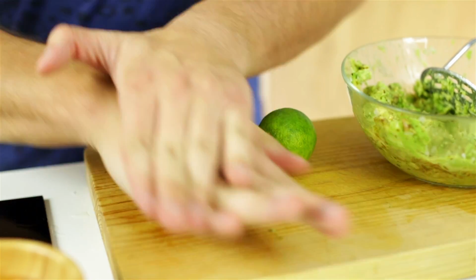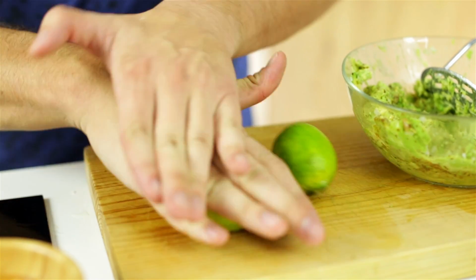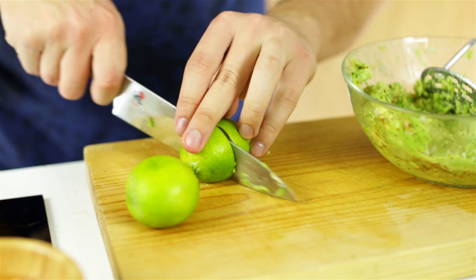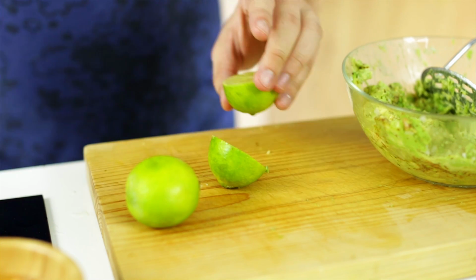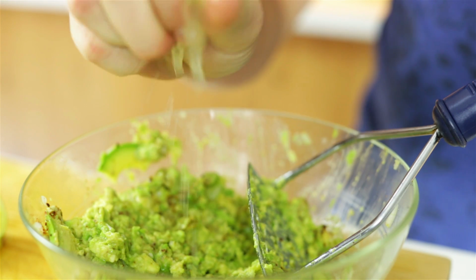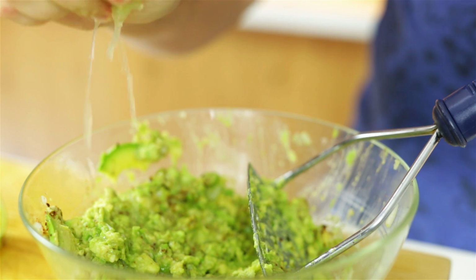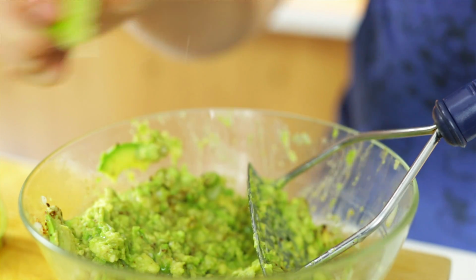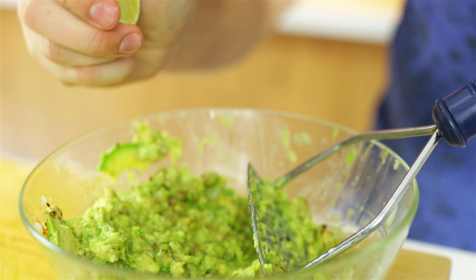I'm just going to roll 2 of them. I don't think I'm going to need 1 of these, but I'm just rolling 2 just in case. Okay, so just cut it in half, and now I'm going to just squeeze it in. And what you want to do is squeeze 1 lime in, see how it is. If you feel it needs a bit more, then just add another bit of lime. And you just want the lime to cut through the richness of that avocado, just to balance it out a